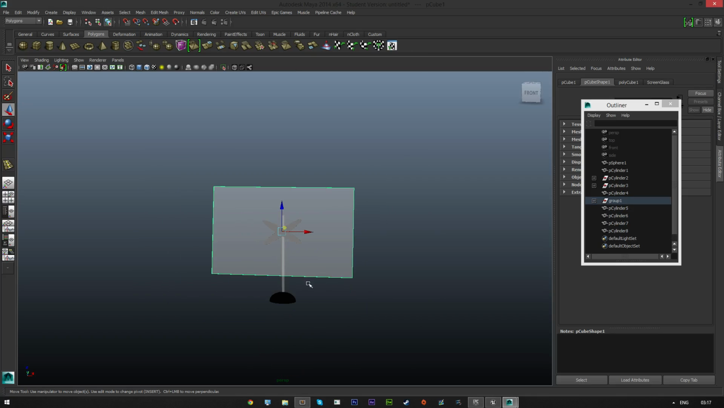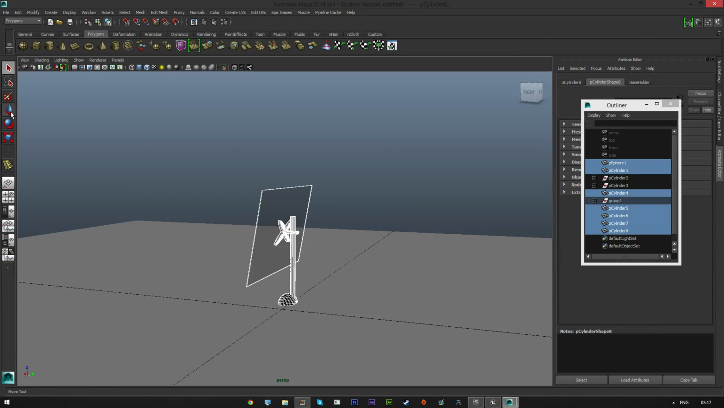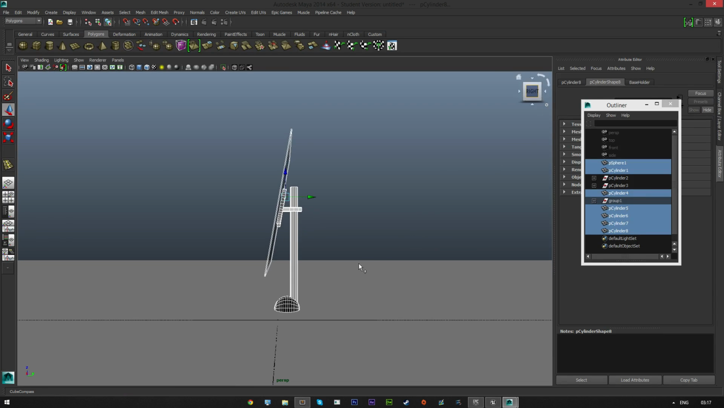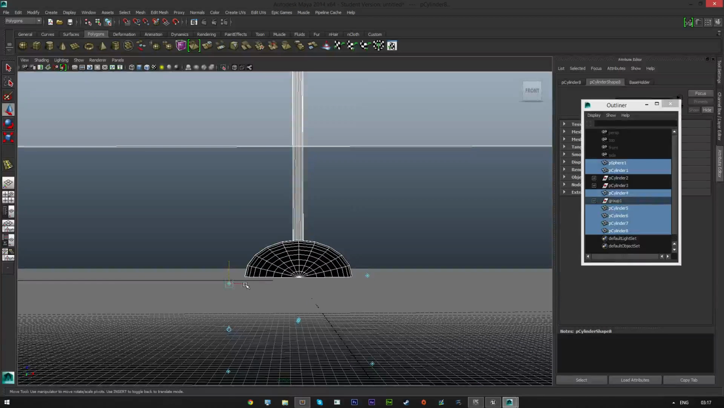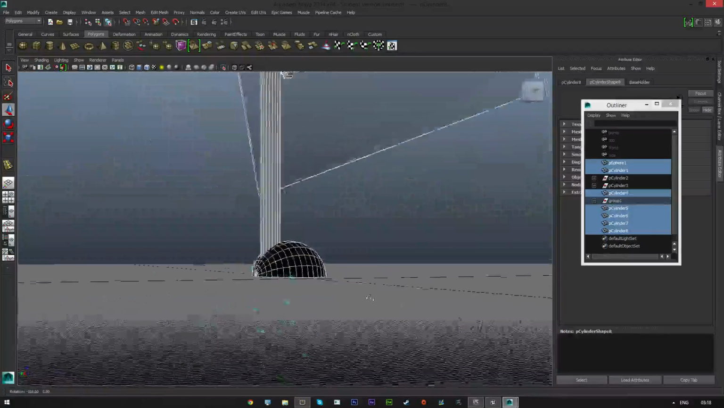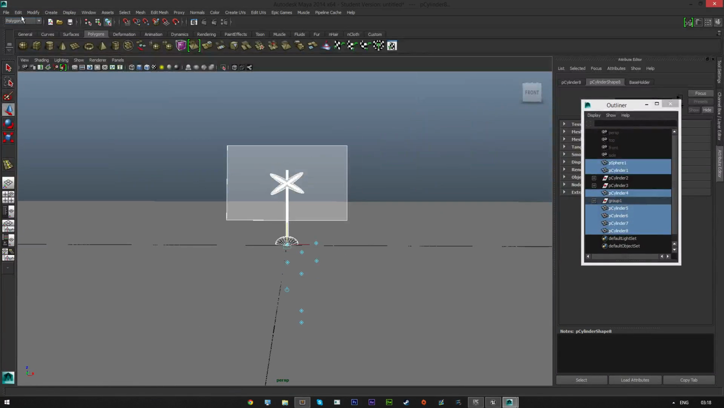Perfect. Okay then. So now I want to turn my grid back on. Select everything to the right view. Stop that there. I'm going to put the base for it. There. Perfect. Now I want to go File,